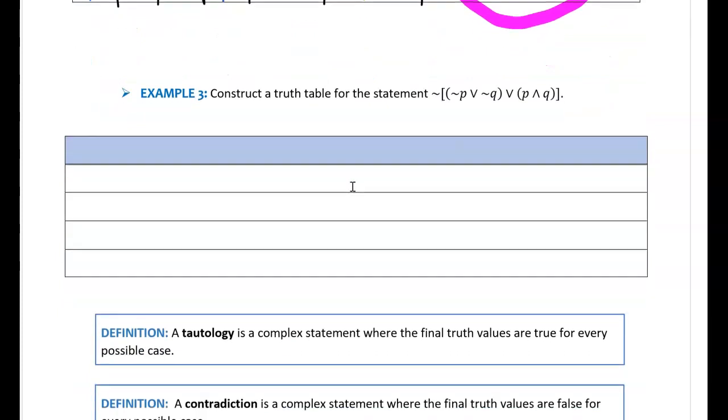Example 3. Construct a truth table for the statement given.